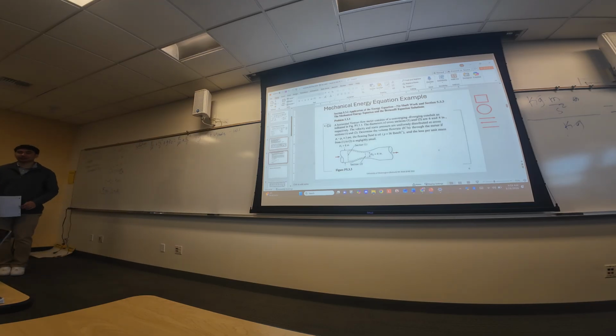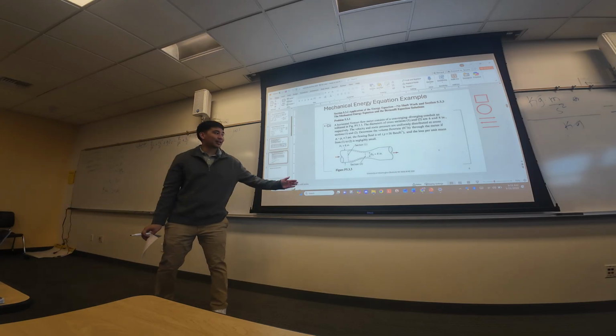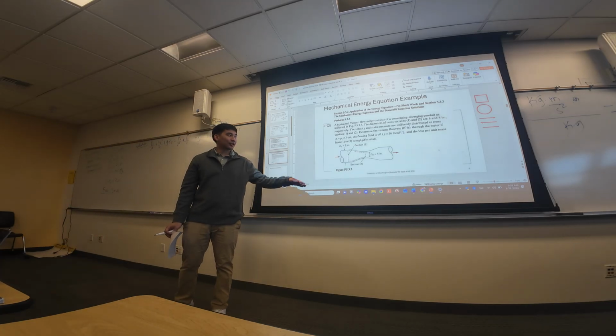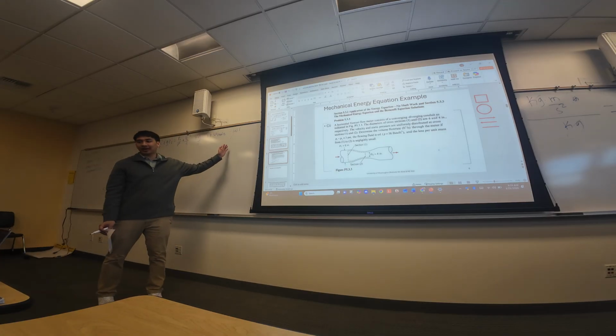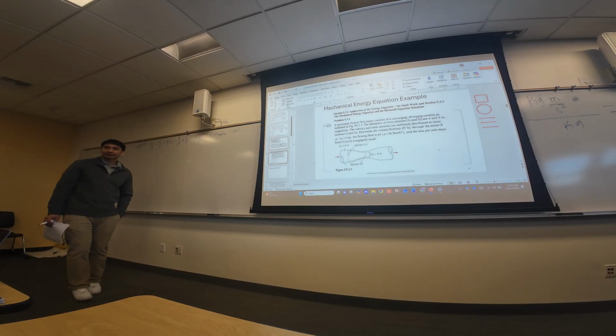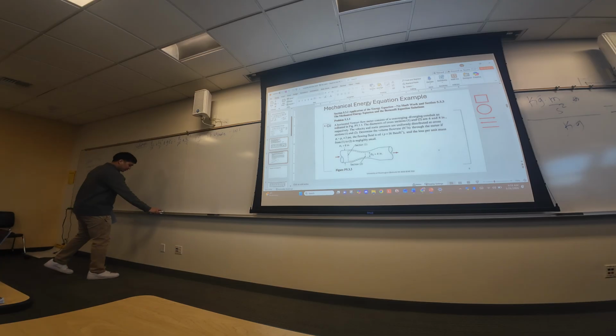Yes? So W shaft is 0 because there's no friction? W shaft is work being put into your system. So, for example, maybe there is a shaft turning like a turbine and adding more energy, making the water flow faster. So that's work going in. Loss is work coming out. That's friction. Okay, gotcha. Okay, good so far?